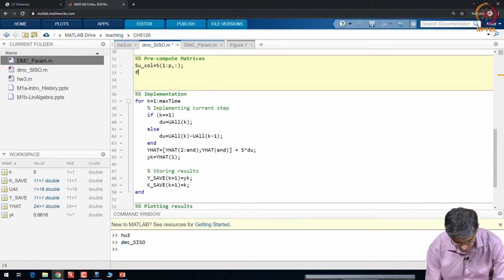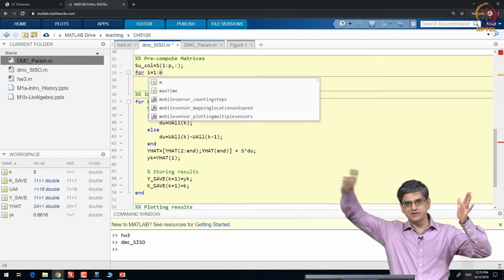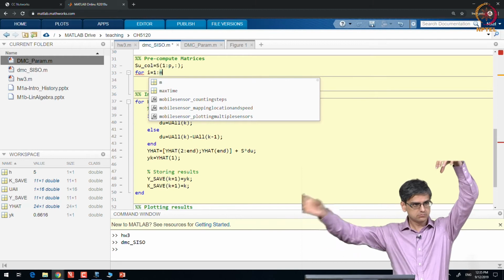I will say for i equal to 1 to m, right, because you have m columns.